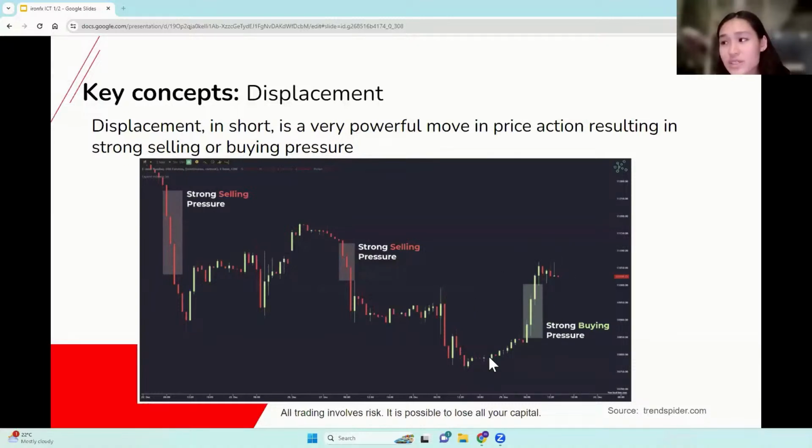And that is what is resulting in strong buying pressure. So that's basically what it means by a liquidity level has been breached. If you think about it as what we've been going through normally, which is your support and resistance levels, it's pretty easy to catch. But let me know if you guys have any questions so far.